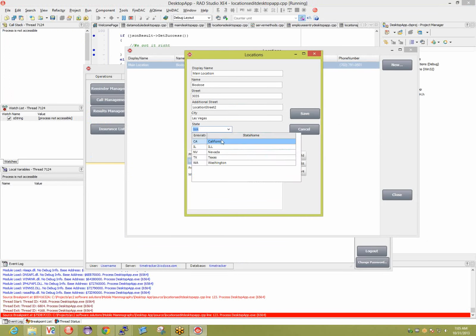Now, what we find that's interesting is if we hit the down arrow here, you can see that it's slipped from Washington. It's now pointing inside of the data set. For some reason, it's pointing to the very first record in the data set, even though when we did a change here, and we did show Washington, the record itself is now not pointing into the client data set to the same record. So if I go to save this out,